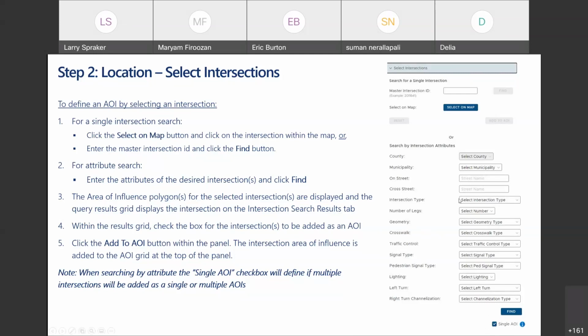and choose to either add them as individual AOIs. Let's say that we selected all four-legged intersections that are always stops within the city of Albany that have a crosswalk, etc. And we select a couple of them. We can add them all at once as a single area of interest polygon. There'll be multiple polygons we can add as a single area of interest,